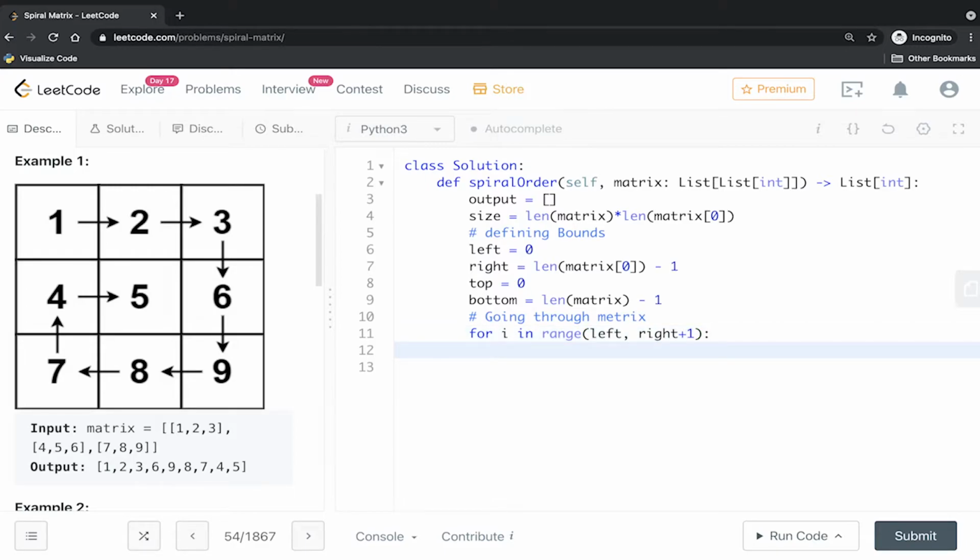Then when we iterate this, what do we want to do? As we iterate through this, we want to append to our output variable whatever numbers we're seeing. So we want to say output.append. What do we want to append? We want to append matrix. Control Z, Control C. When I append the matrix,